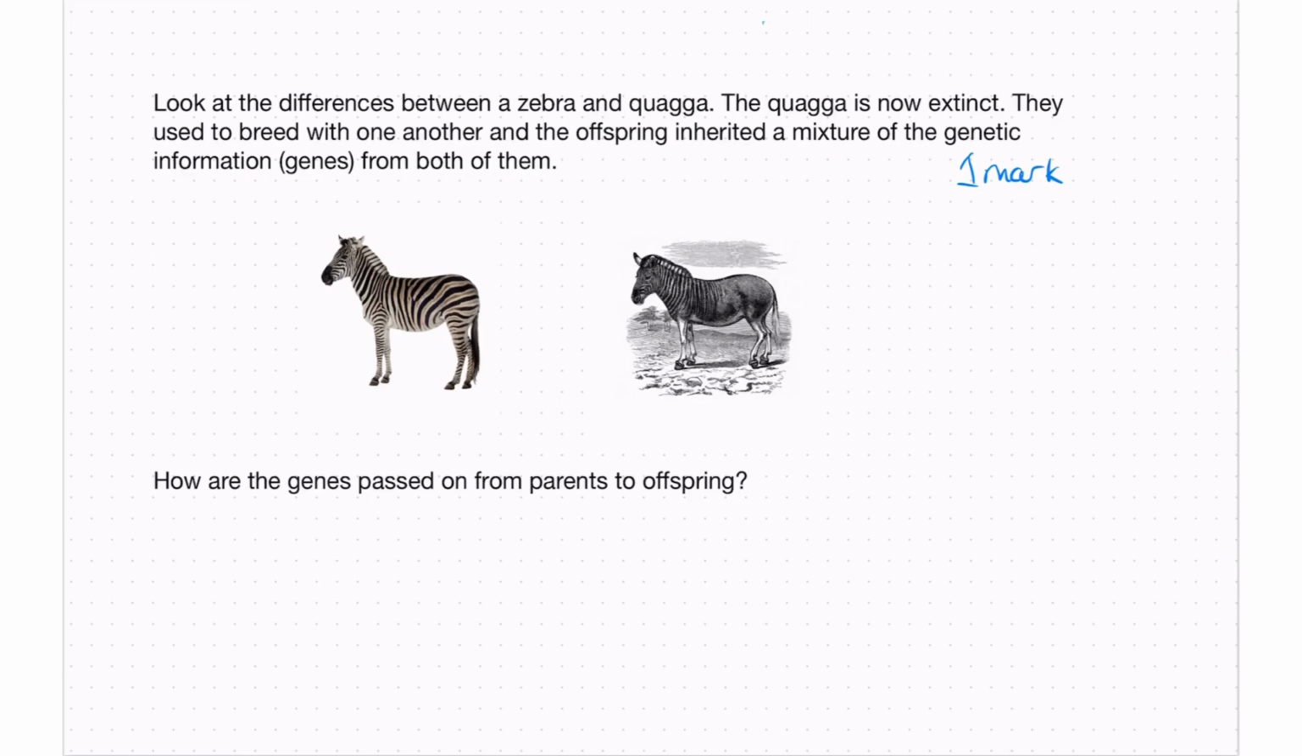They used to breed with one another, and the offspring inherited a mixture of the genetic information, genes, from both of them. How are the genes passed on from parents to offspring? So, 1 mark answer. So you can very simply say on the chromosomes, because the genes are found on the chromosomes. Now, if you don't say that, another option is to say genes are found,